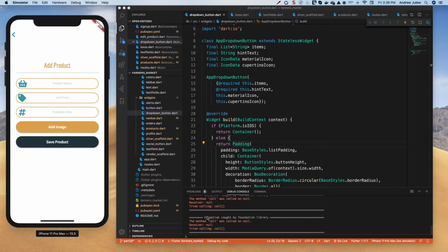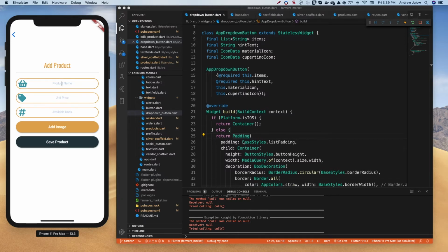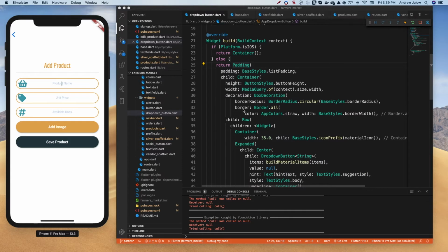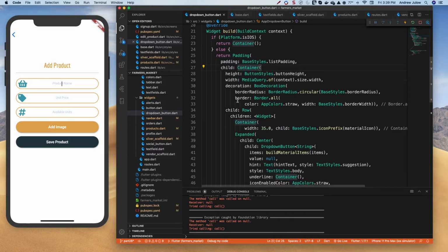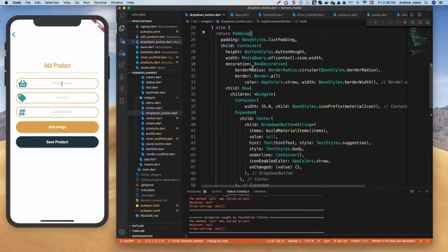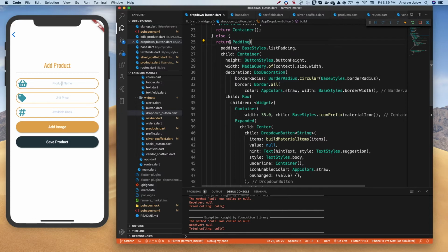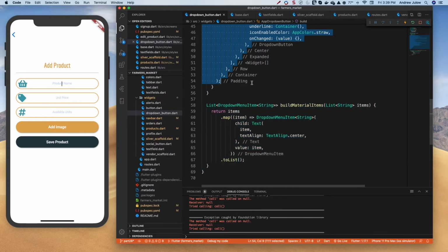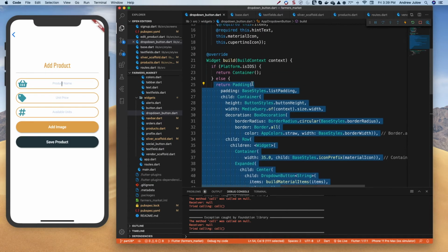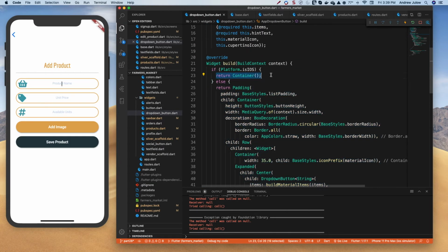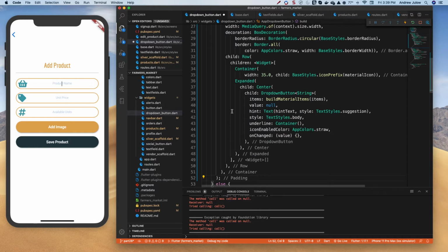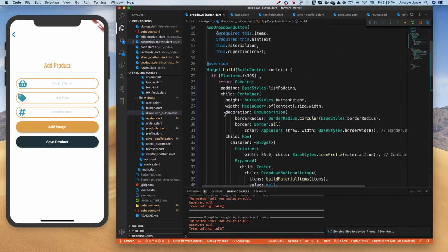There's some errors here on the focus as you flip through this, and we will circle back and fix those. So don't worry about those for now. I'm aware of those, and we will fix them. But what I'm going to do for starters is I'm going to copy all of it. I'm going to copy the padding and everything. Actually, I'm just going to copy the return down to the padding, and I'm going to put that over the container here. So this will become the is iOS,